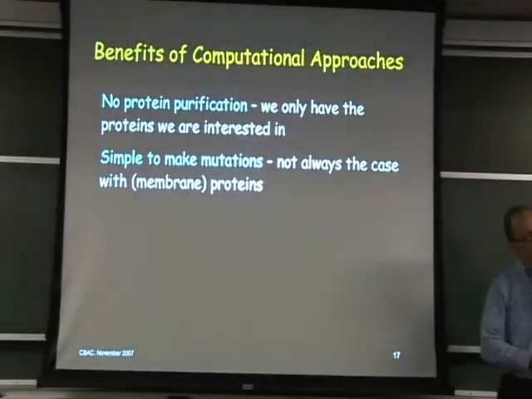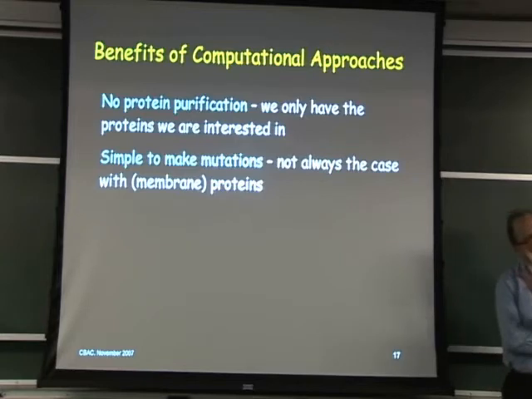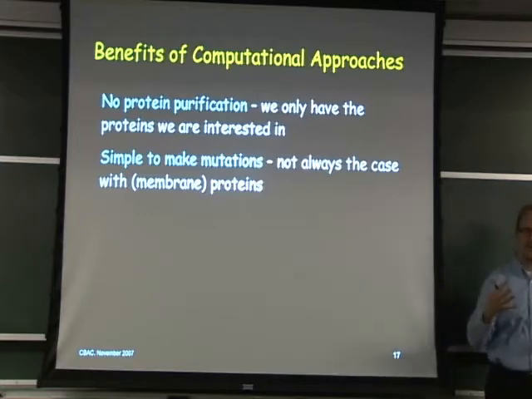It's easy for us to make mutations. Now in a lot of membrane systems and certainly a lot of globular proteins, it's not easy to make mutations when expressing your proteins. In terms of BK channels, we've actually met our match, I think, and the Swartz lab can produce mutants and test them almost as fast as we can. But at least it's easy for us, since we have absolute control over the structure of the protein, we can go in and make mutations wherever we want.